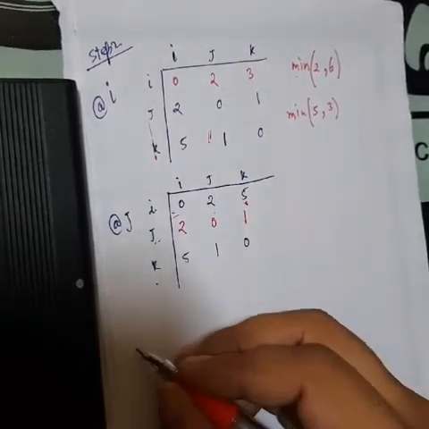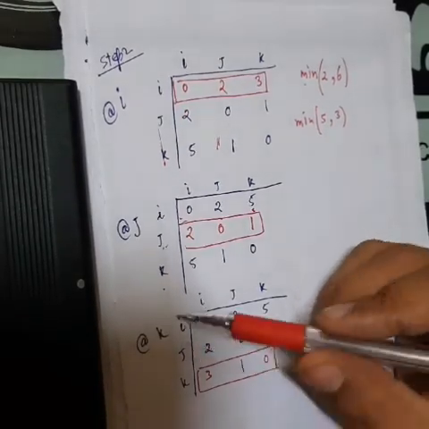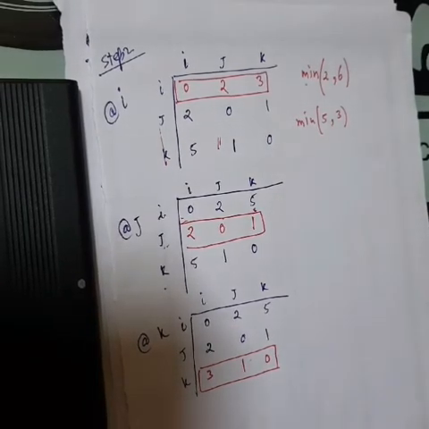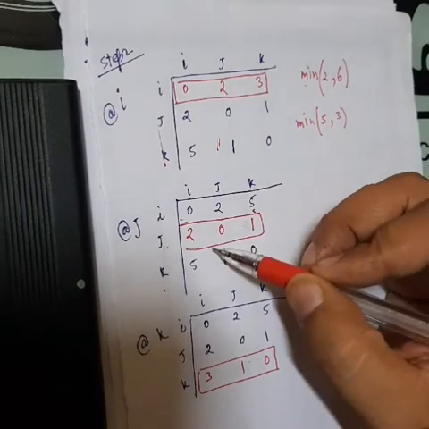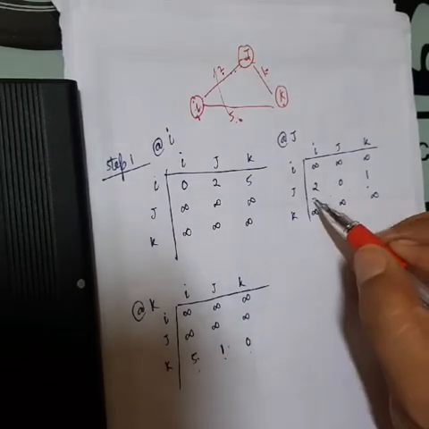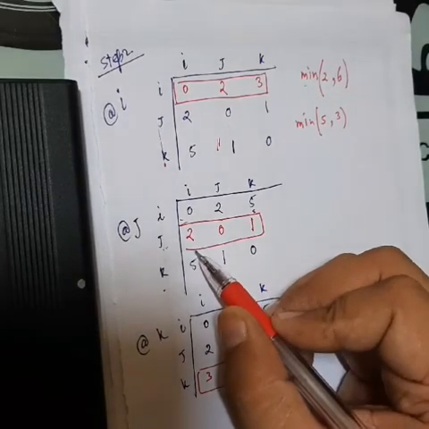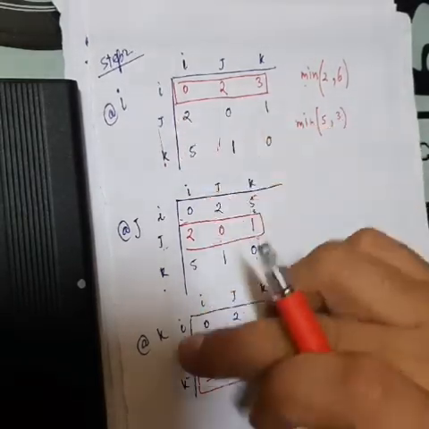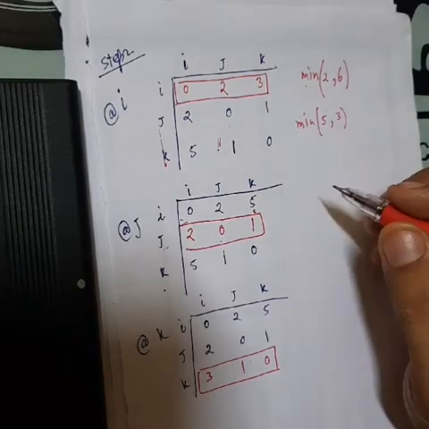In a similar way, we calculate these costs at router K. The distance vector of K is 3, 1, 0 as calculated with the help of the Bellman-Ford equation. Now we see that only router J has no changes compared to the previous step, because in step 1 the J distance vector is 2, 0 and 1, and in the current step 2 we also find the values 2, 0 and 1. That means after step 2 only I and K are able to exchange their own information with their neighbors in the network.